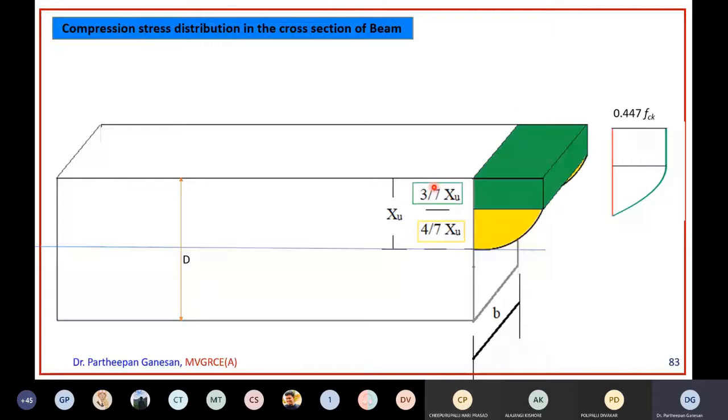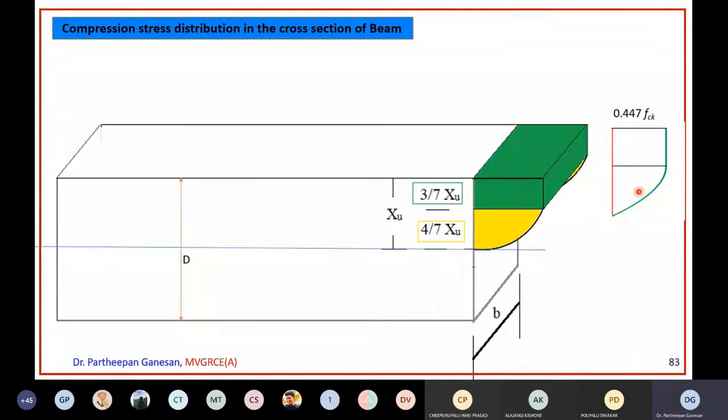Many times people get confused about where the stress is acting, so they don't know. That's why I'm representing it practically in an isometric view. This stress is acting on the cross section of the beam. Is that clear? Does anyone have any doubt? If you have any doubt, please answer, because it is very important to understand this to proceed further.